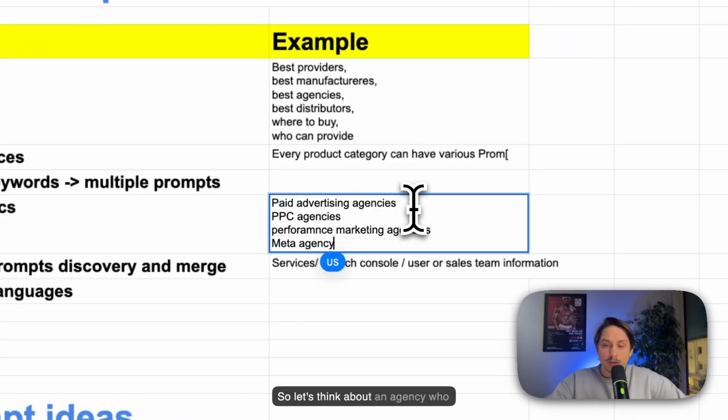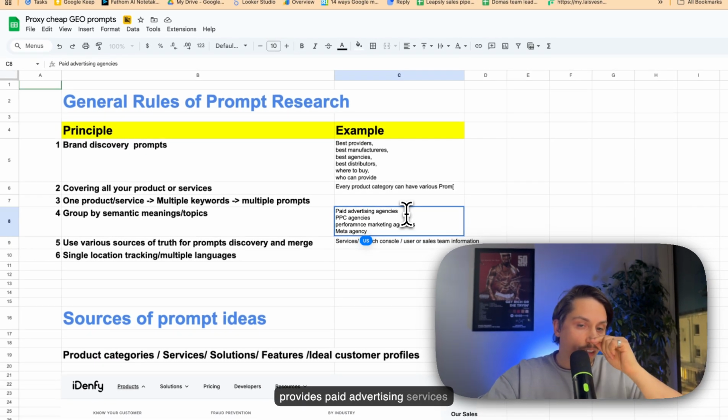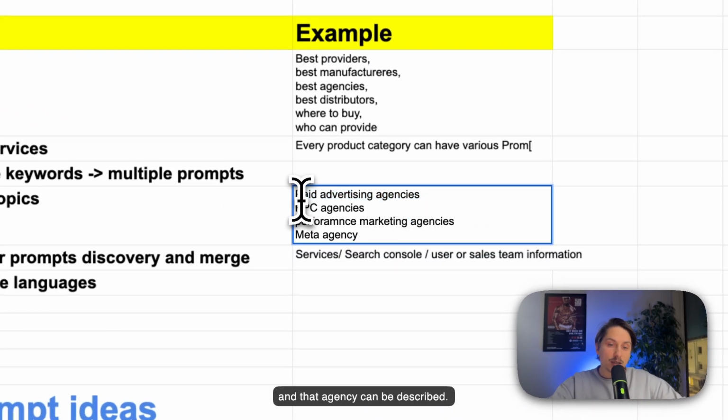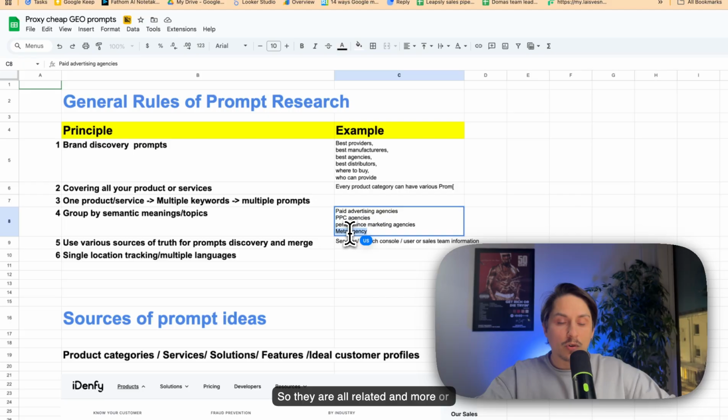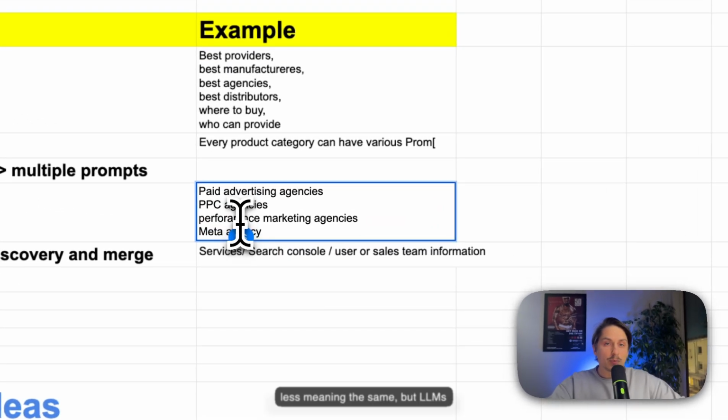So let's think about an agency that provides paid advertising services. That's the one topic, paid advertising. Related semantic keywords for it would be paid advertising agencies, PPC agencies, performance marketing agencies, meta ads agencies, and so on. They are all related and more or less mean the same, but LLMs can perceive and respond